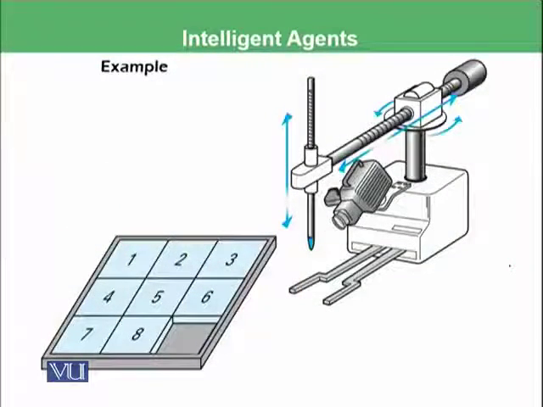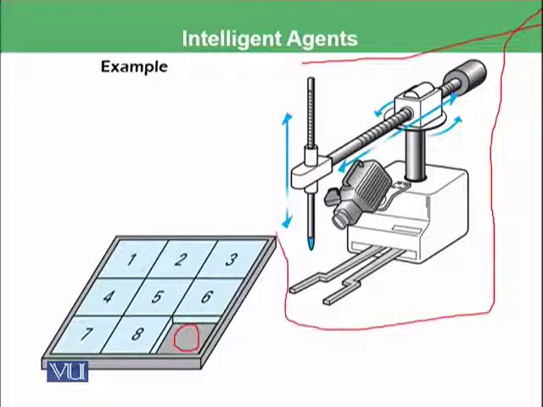So let's have an example of an intelligent agent. We have a game in which we have different cubes, 1, 2, 3, 4, 6, 7, 8, and one cube is empty. So for example, we have made this agent that sees this image and tries to make it perfect. So this is the perfect location, that all of these squares should be placed in this way.